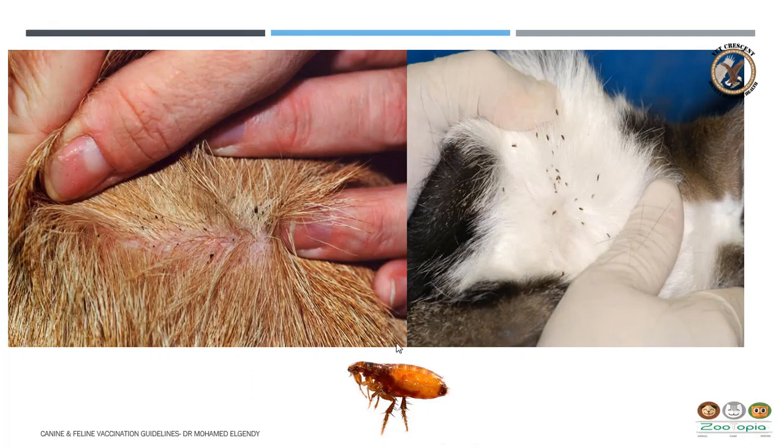If we think in this situation, if an animal has fleas, it easily transmits to another animal if they are sitting together or playing together, because of its speed and its high jumping. Okay,